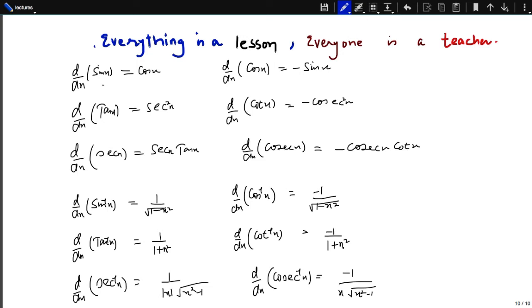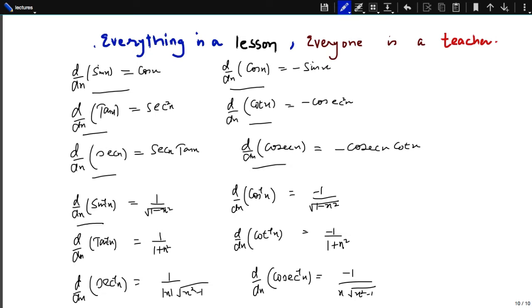Some formulas: derivative of sin x is cos x, derivative of cos x is minus sin x, derivative of tan x is sec square x, derivative of cot x is minus cosec square x, derivative of sec x is sec x tan x, derivative of cosec x is minus cosec x cot x,